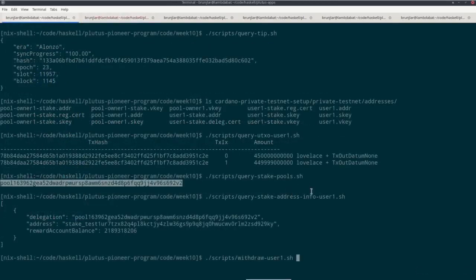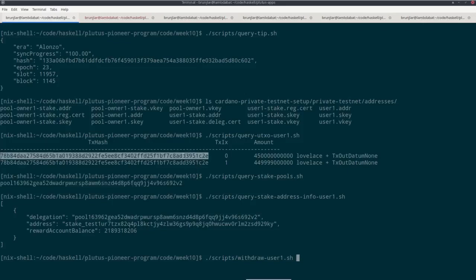So in order to try that, I need a UTXO as argument. I can pick one of these two. Let's pick the first one. So transaction ID and the index. This is the first one. If I had used #1 instead, it would be the second UTXO. I execute it,